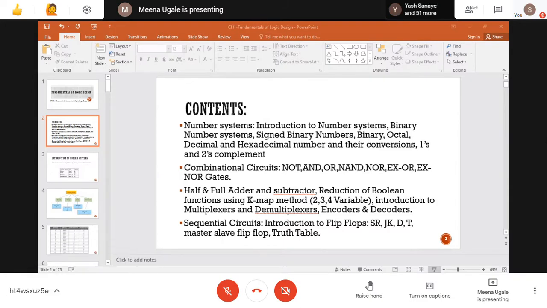Now for today's lecture, our part of interest is how these representations of numbers work, how I can convert one number into another form, and how arithmetic on these number representations takes place. That is our interest for today's lecture. That part we are going to cover today. This is another slide which tells you how these numbers are represented.